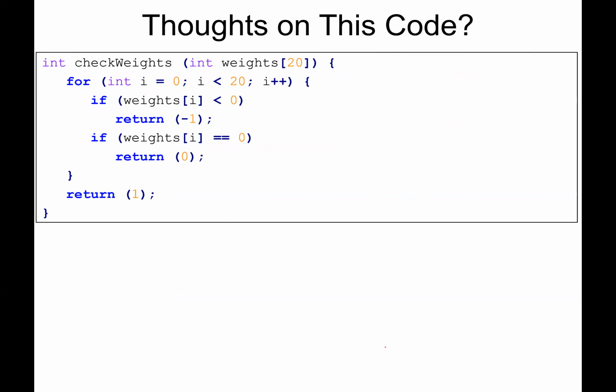Okay, what do you think of this code? So look at this code quickly. I'm getting really used to this timer. I'm going to turn it on again. I'll give you a little while. Talk with your table mates and tell me what you think of this code. Anything you like about it, anything you don't like about it.